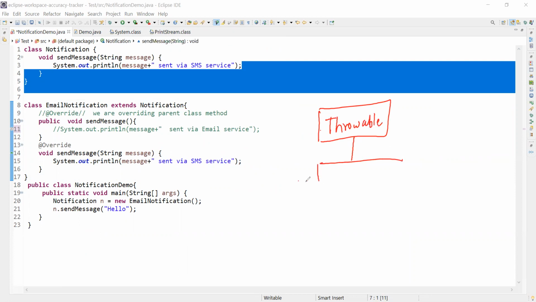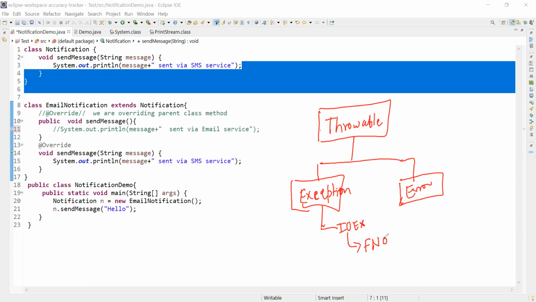Below that we have a class called Exception, and we have class Error. After this we have class called IOException. Then we have FileNotFoundException. So there is a hierarchy. This is the parent class, then this is the child. This is the child of this class, so it will be the parent for this, and this will be the grandparent. So this is the hierarchy.